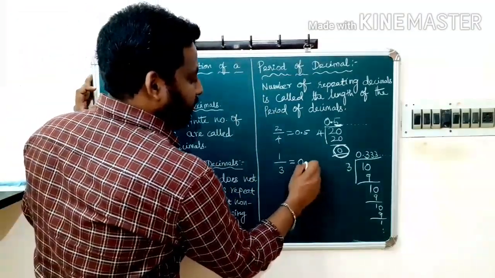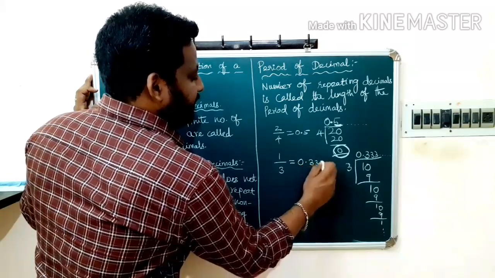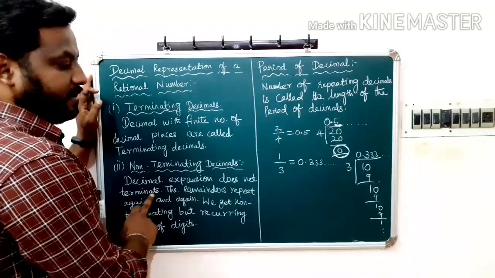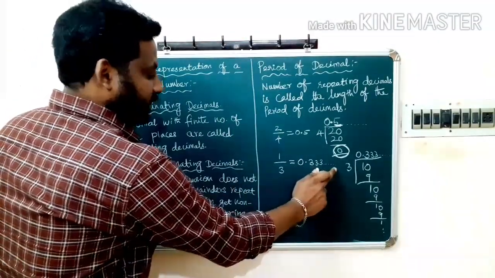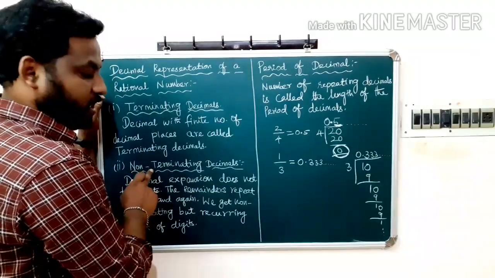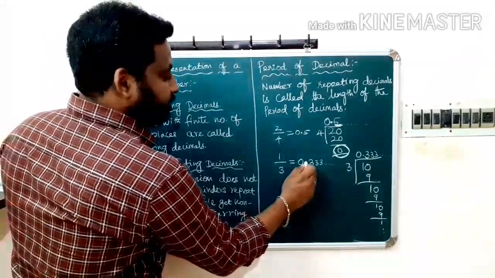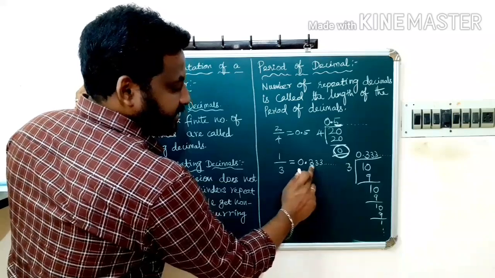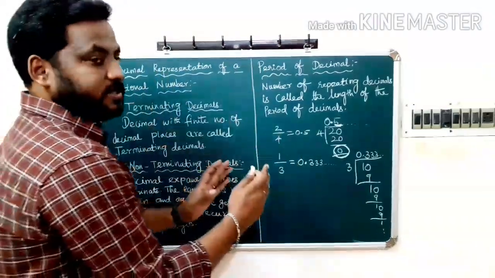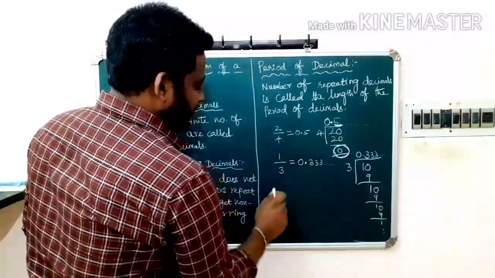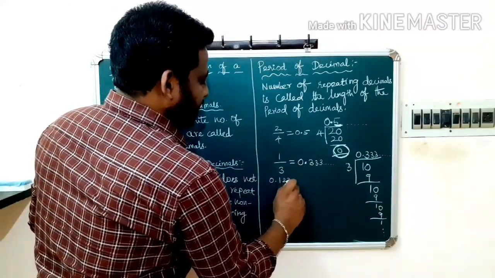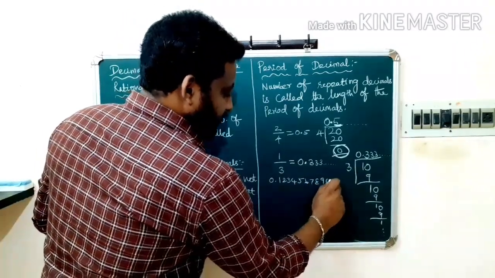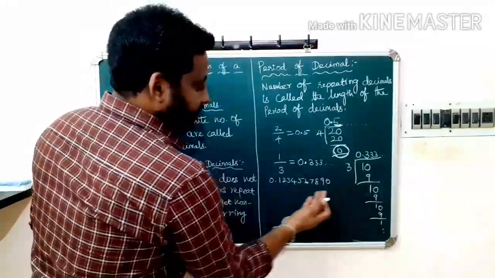That is 0.333. The decimal places do not terminate, which means that is a non-terminating decimal. Here after the decimal, the first number is 3 and the second number is also 3. So the same number repeats. At any cost, we will get digits from 0, 1, 2, 3, 4, 5, 6, 7, 8, 9. Again we will get any one number from these.